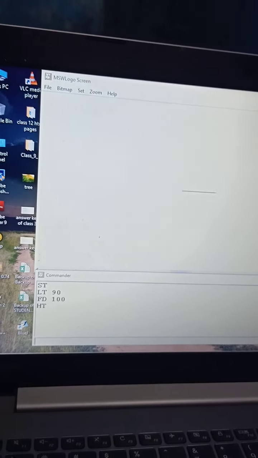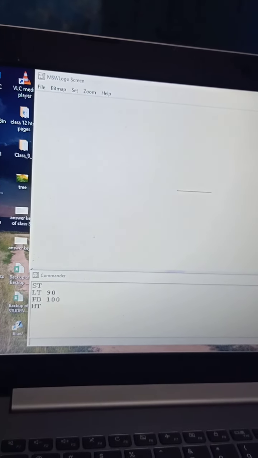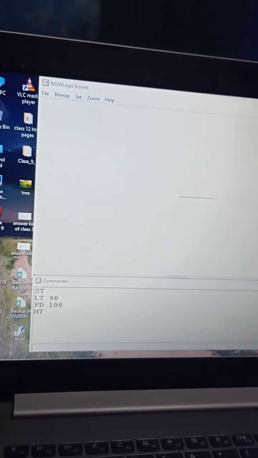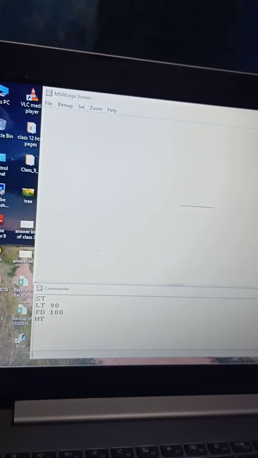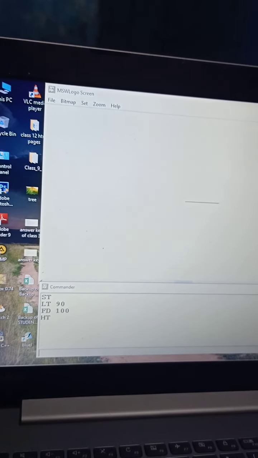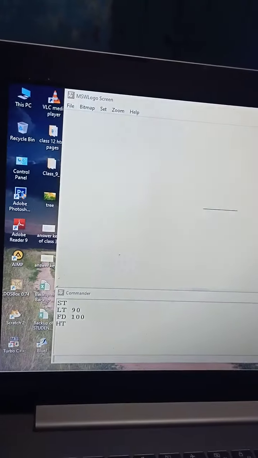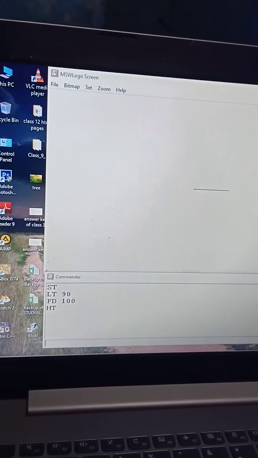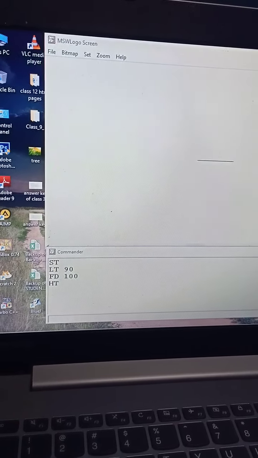Then various kinds of links will appear. Choose the first link or the second link, then you can see the software over there. Now you can download the software from that site. Clear? And after downloading the software, you can install it on your computer. Clear? And the MSW logo full form is Microsoft Windows logo.